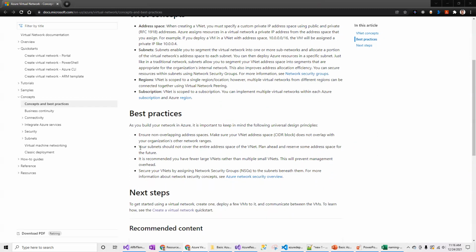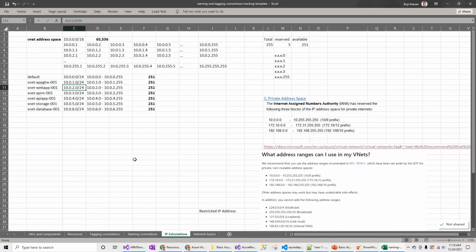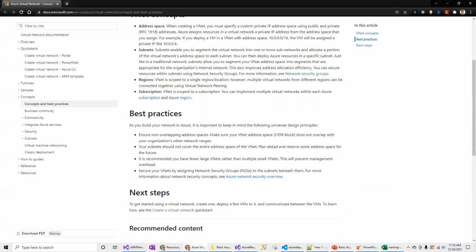The second tip is your subnet should not cover the entire address space. I have calculated the IP address range, which I'm going to discuss in a minute, to show how you create your subnets and address spaces properly.